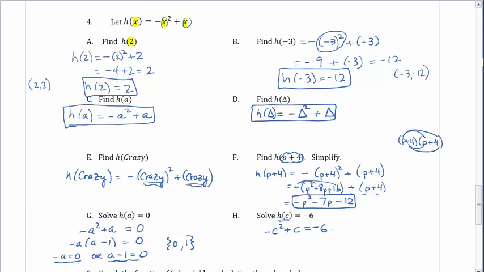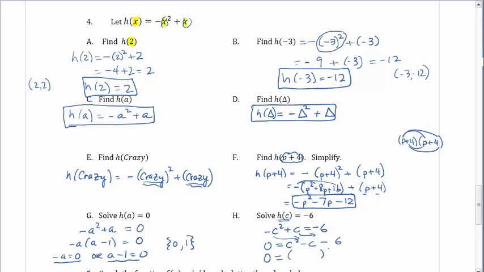This has an exponent. The technique that we've just learned is factoring. In order to use factoring, I need to make it equal to 0. So because I don't really like this negative coefficient here, I'm going to move my terms over to the right side. If I do that, I'm going to get positive c squared minus c minus 6. And if I solve that,